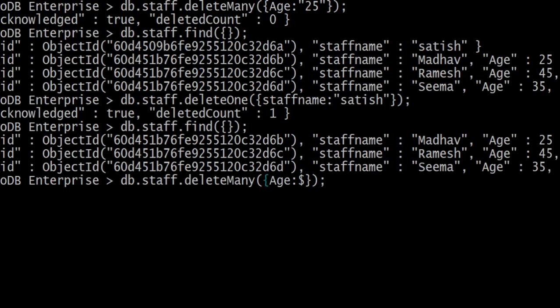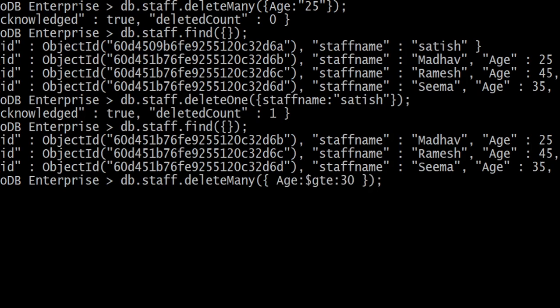Let's see how we can perform the multiple operation. Age greater than or equal to 30, you can set dollar gte, greater than or equal to, colon 30.